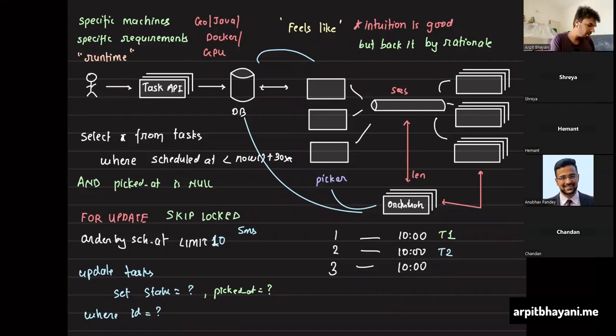Now, how would you scale these servers? Would this API server be scaled on the number of requests, or would it be scaled on the basis of the number of tasks that need to be scheduled or executed? You are giving too much responsibility to this set of machines. Yeah, this is the trade-off we are making, but at the same time, the DB connections which we are trying to make, we are avoiding that. The load on the DB is still not changing. You are not avoiding the query, you are just avoiding connections. Correct? Connections. The query would remain the same. The number of queries fired on the DB would remain the same. What you are avoiding is the number of connections.